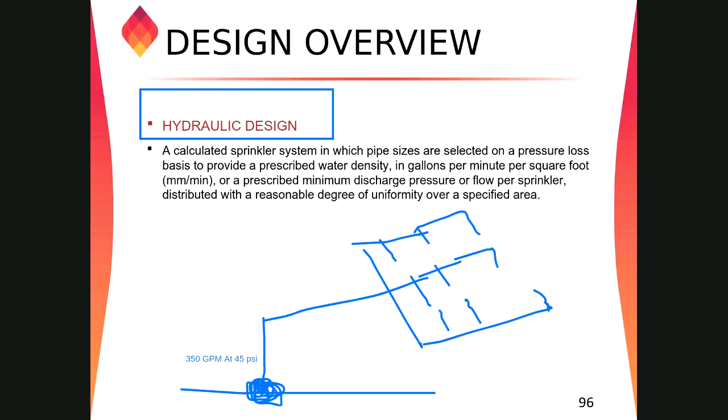It will give you that at this input point, we need 350 GPM at 45 psi. So this is our demand. We got it from the hydraulic calculation software. Now to meet our demand, the supply at this line, suppose we are taking the water from the underground fire network, should be higher than the demand, so that we can take water easily from the underground fire water network.